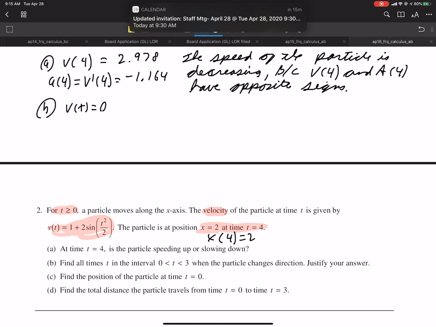So my window, I'm going to go from 0 to 3. My x min is 0. My x max is 3. And I want to know, well, the maximum of this function is 3. So just to make it symmetrical, my y min, I'm going to make minus 3. My y max, I'm going to make 3. If you graph this, I see the function going up, right there. So it crosses the x-axis somewhere between 2 and 3. So I do second trace,